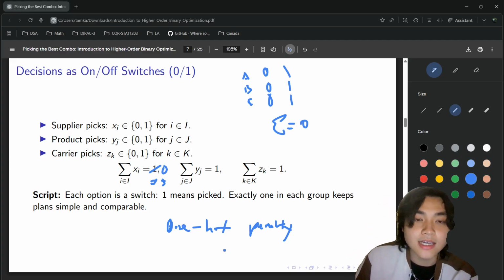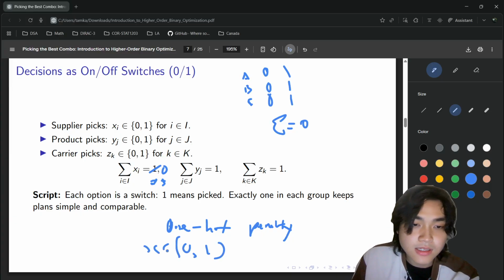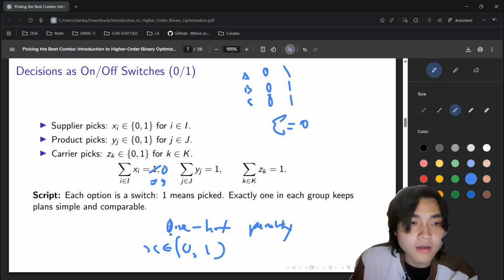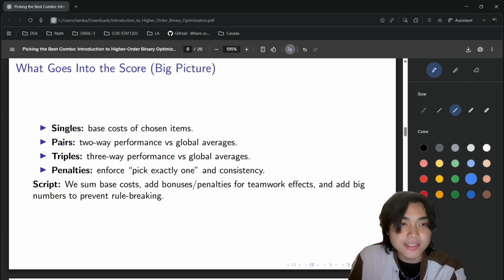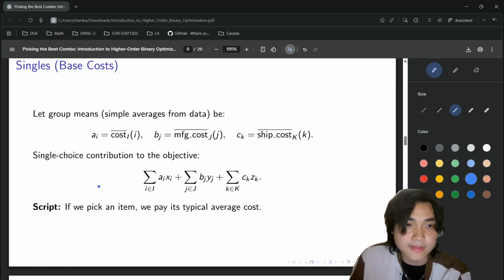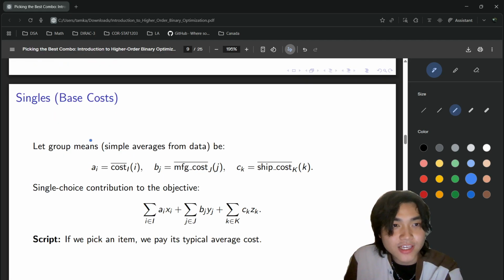But in this case, it's different. Just think of it as forcing each decision to be only 0 or 1. Okay, I'll share about the math later. Singlets, pairs, triplets, penalties. I think I explained this already. Okay, so next I'll be talking about